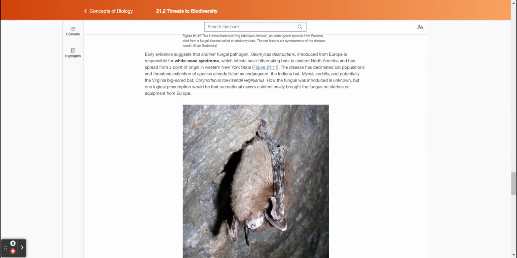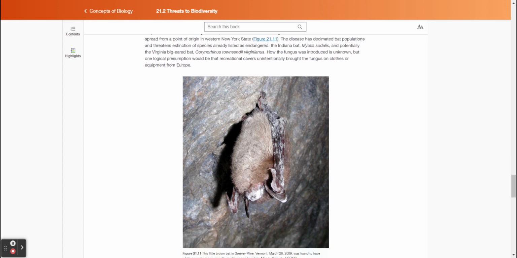Early evidence suggests that another fungal pathogen, Geomyces destructans, introduced from Europe, is responsible for white nose syndrome, which infects cave hibernating bats in eastern North America and has spread from a point of origin in western New York State. The disease has decimated bat populations and threatens extinction of species already listed as endangered. The Indiana bat, Myotis sodalis, and potentially the Virginia big-eared bat,